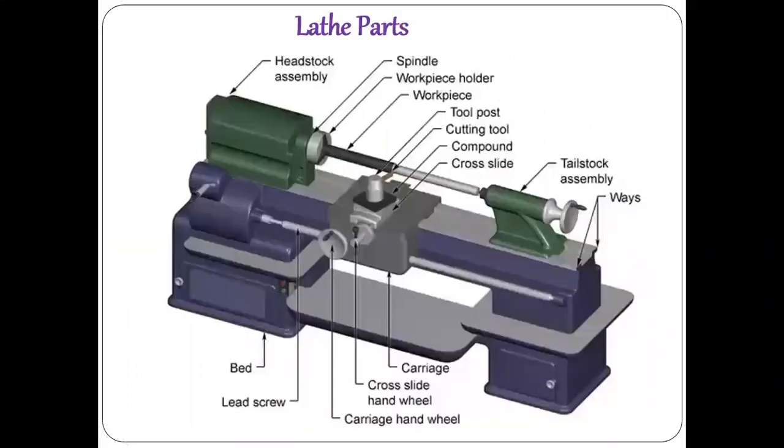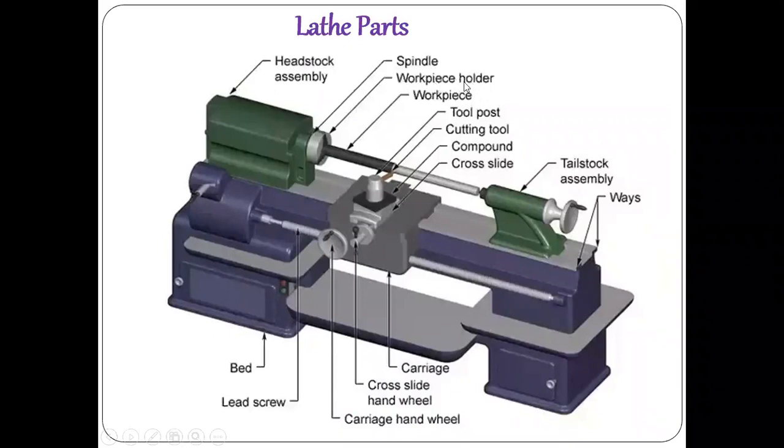In addition to these points, in these parts again a few small parts are also there. These are different parts of any lathe machine. That is the headstock. The headstock is the extreme left side of the machine, and this is the spindle. The spindle is nothing but the rotating member. Inside there is a rotating member, and on that rotating member the workpiece holder, which is nothing but your chuck, is mounted. The chuck is normally mounted on a spindle. The rotating portion of the lathe is called the spindle.